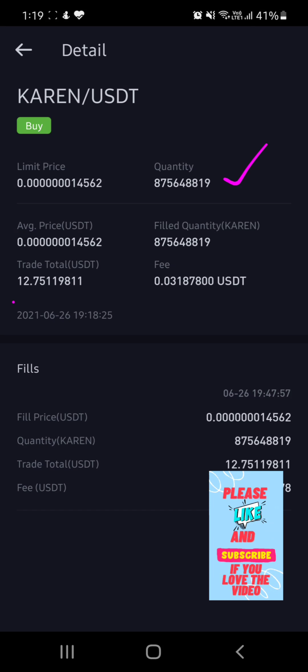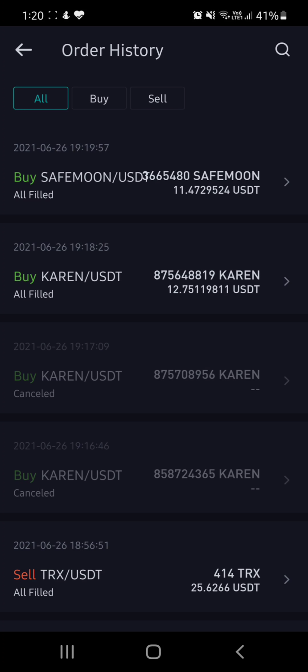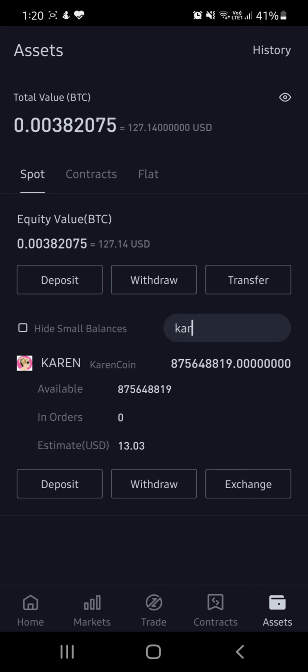This much quantity I have received, and this is the 12.75 USDT I have spent, and the fee is 0.03. That means approximately 3 cents that I spent as part of the fee. Okay, you can see the orders like this in Bitmart, previous orders. This is all about buying through market order.